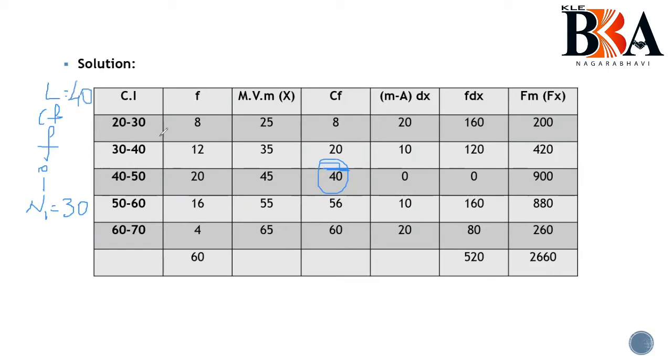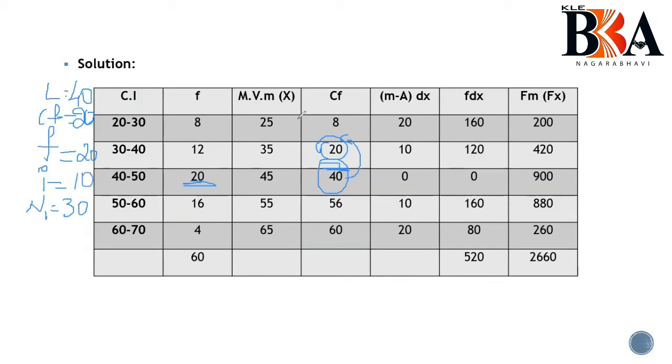If you have clearly understood this median problem, it will be very easy to solve this mean deviation. Okay. Then we need the cumulative frequency. For getting the cumulative frequency, above 40, it is 20, right? So write down 20. Fine. Then we need the frequency. This is the frequency, because 40 to 50 lies here, right? So we get 20 here also. Then i, that is the class interval difference. The class interval difference is 10.